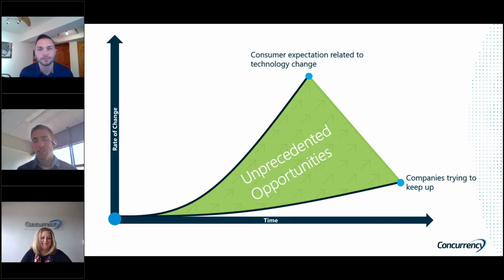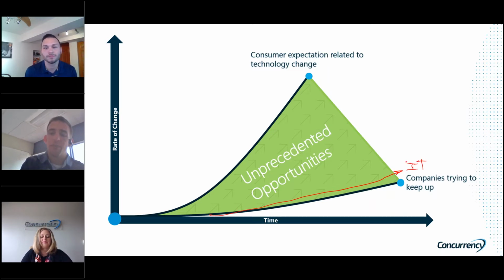I think about this particular graphic as this lower line is like IT trying to do this all themselves. And this is what happens when we're able to let the business do their own development, to expose data in a way that's useful, to make makers out of the rest of the organization.